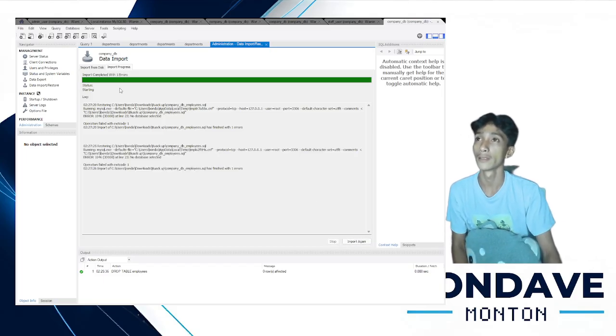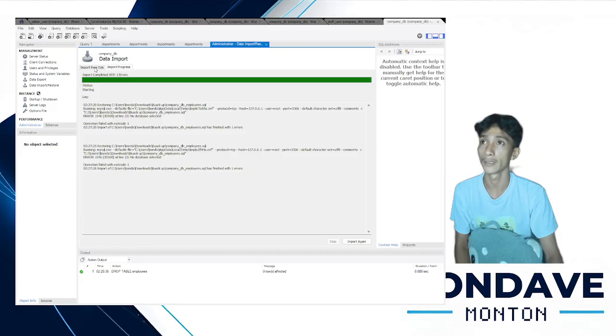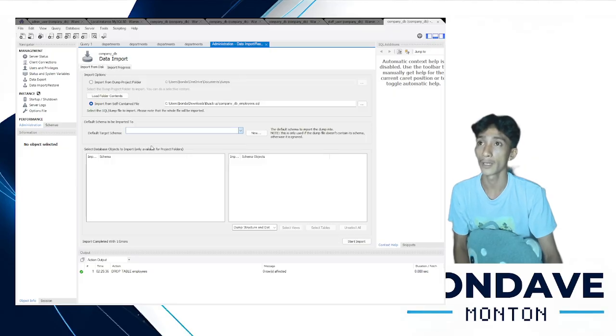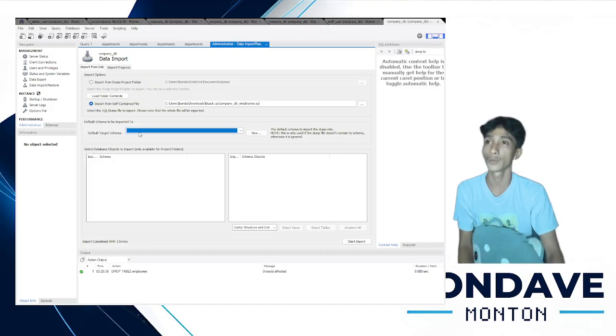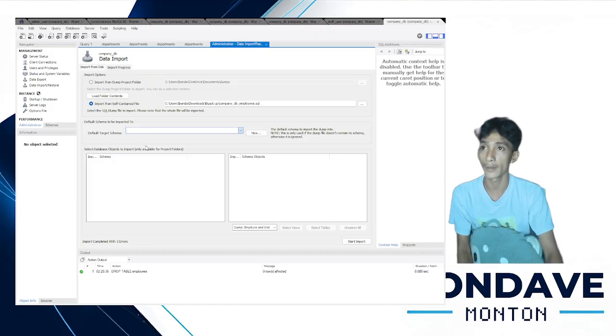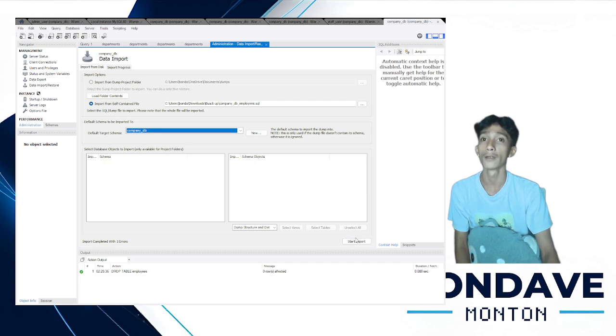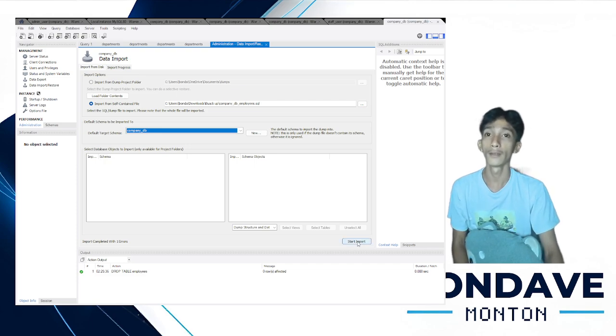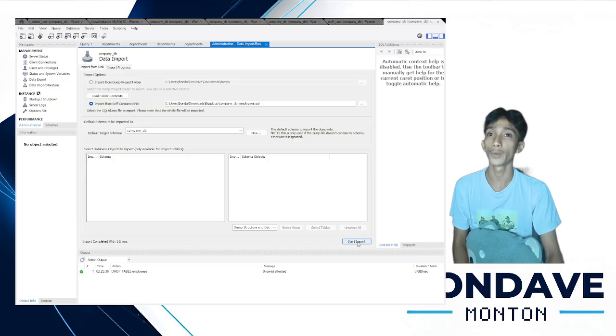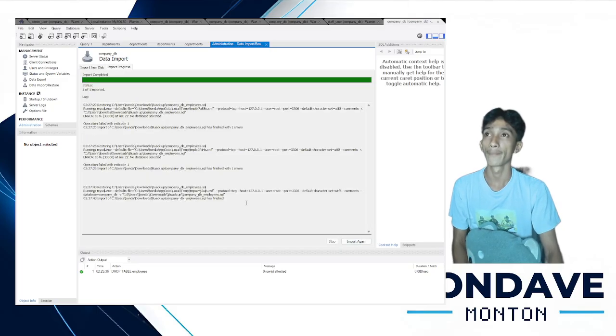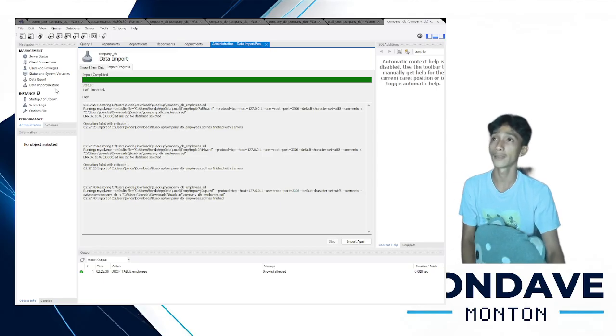Wait, some errors. Default schema. Oh yeah, we have to select the target schema, which is the company DB. I forgot. And then start import. So it says here the import is complete.